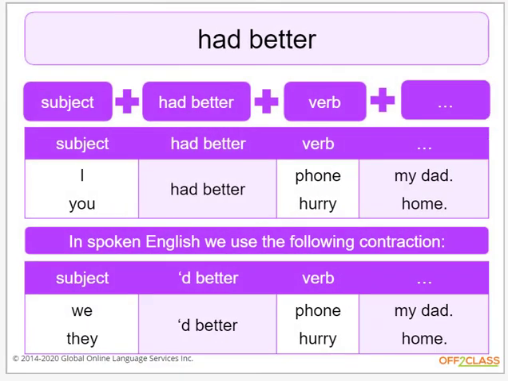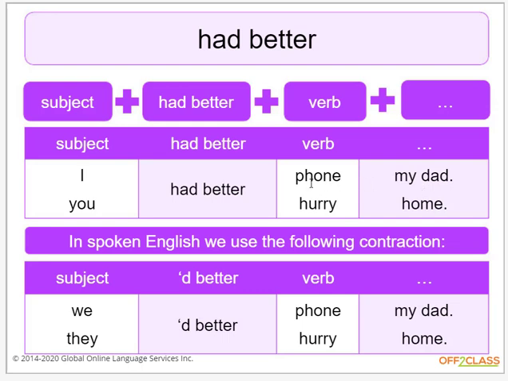Good. Had better, right? So I want you to make sentences by reading across the table, and to make a sentence with all the subject pronouns such as I, you, he, she, it, we, and they. Practice the pronunciation. So like I'd better, you'd better, and compare that to I had better, right? So subject plus had better plus verb. So here we go. Subject, I had better